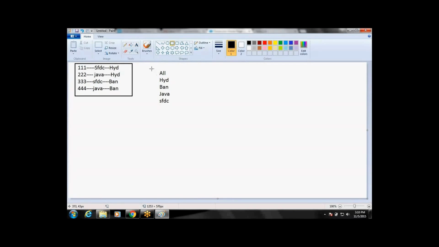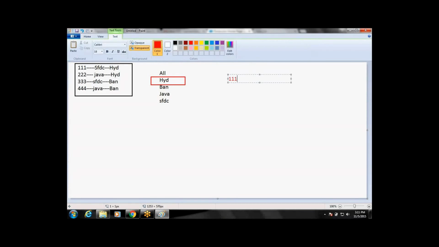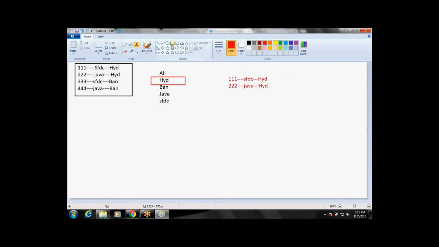So whenever you select all, all the records will be displayed. Suppose if I select Hyderabad, only those records are displayed to me: 111, SFDC, Hyderabad, 222, Java. Only Hyderabad records I am taking. The list of records which we got, due to the filter that you have selected,